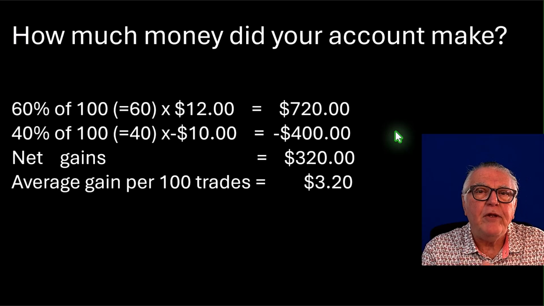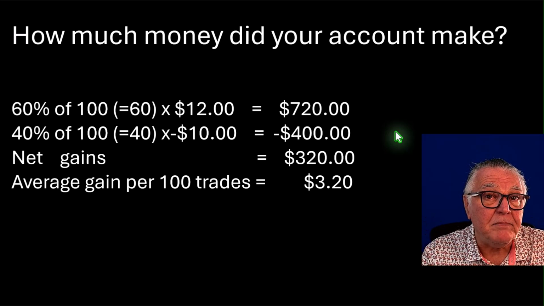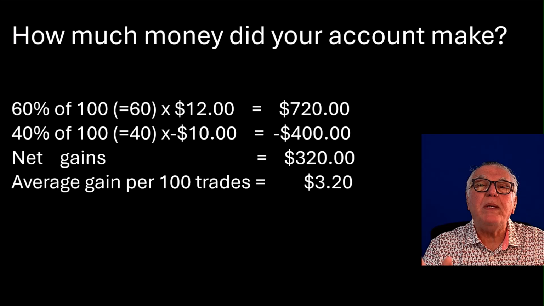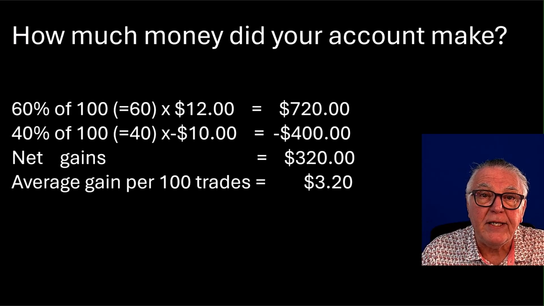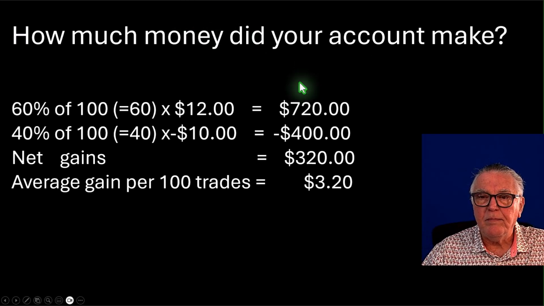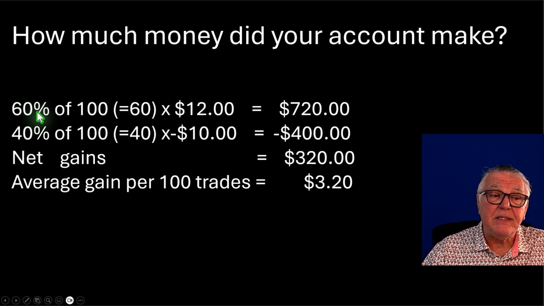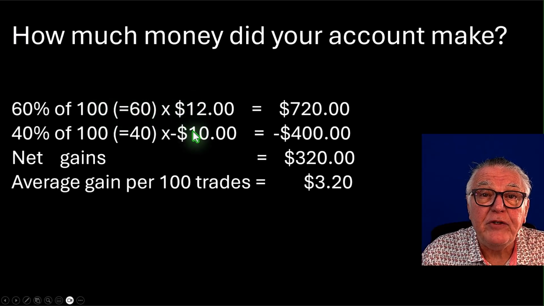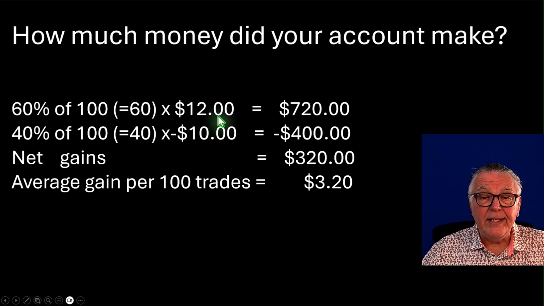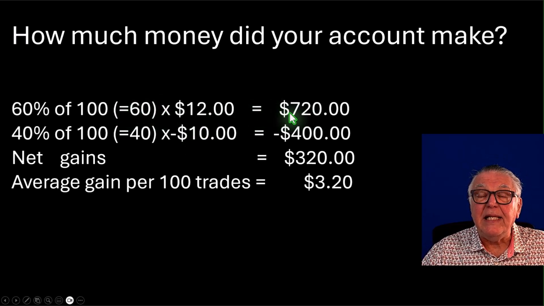That's all. And if you can manage those simple items, then you will be a very successful trader. So let's have a look at how it all fits together. So we were talking about a 60% success rate of 100 deals, and that's 60 times 12, which is the average successful deal rate, and that means that the trader made